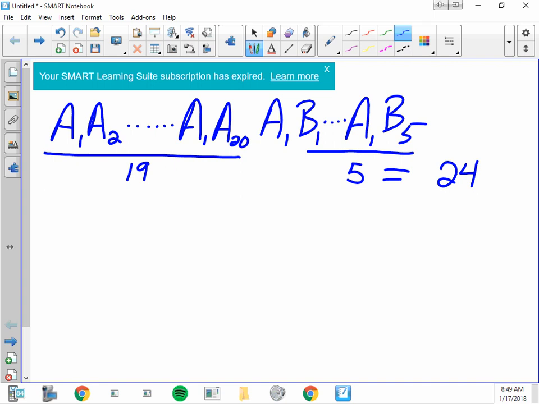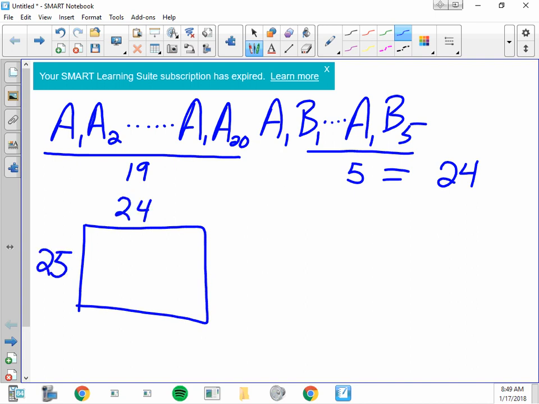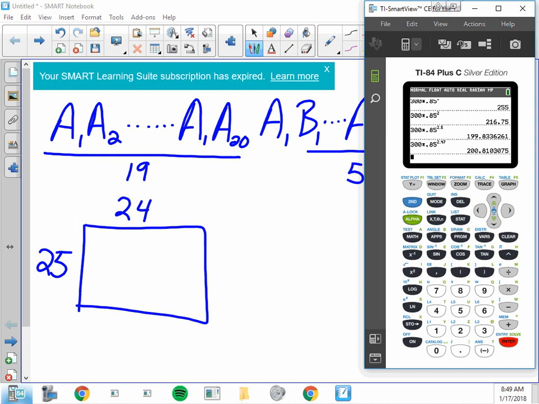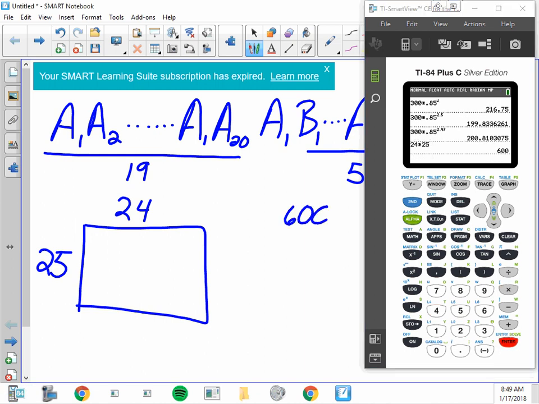How many rows are there? 25. How come? We have 20 A's and 5 B's. So this is going to be a box of information that's 24 across and 25 high. So 24 times 25 gives us a total of 600 items. Okay, so the sample space is 600 numbers big, and it wants to know